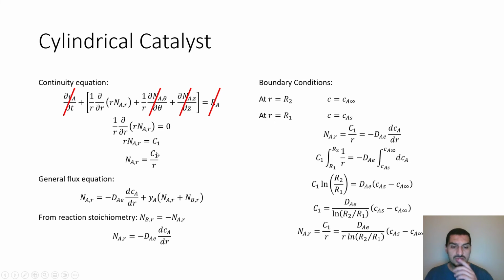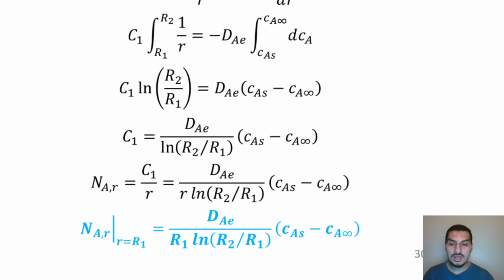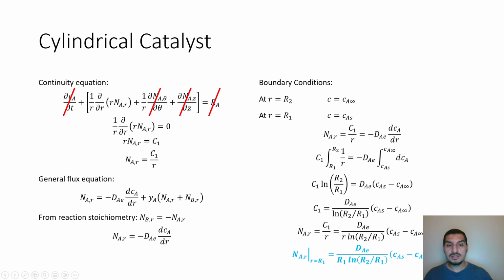This is the value of C1, so I can use C1 here to get the value of the flux, which is this, and this is the flux equation of the species A in the cylindrical particle, and this is the flux at R equals R1. If it's not clear, let me zoom in here. This is the flux at R equals R1, which is going to be D divided by R1 multiplied by R2 for R1 CAS minus CA infinity. So this is the flux, and now I can